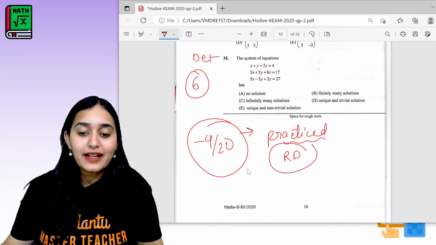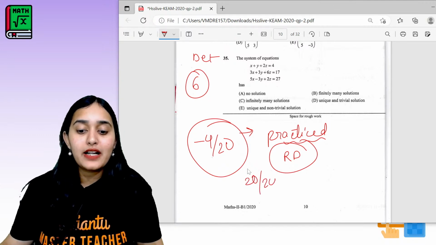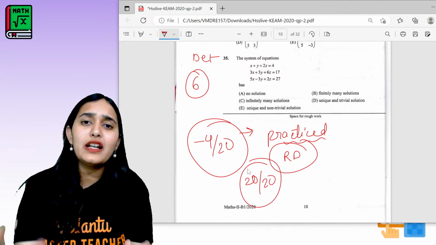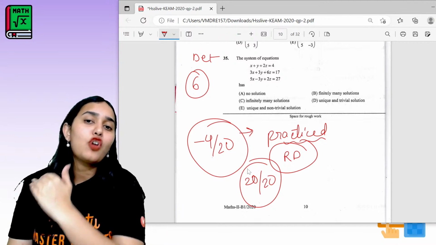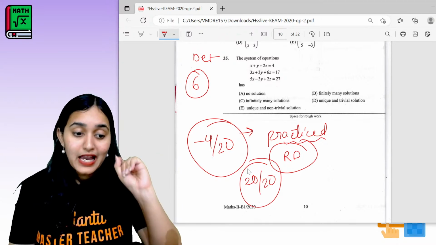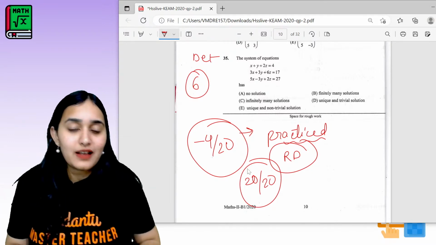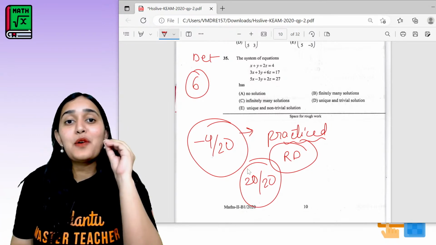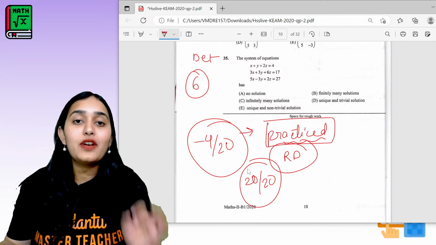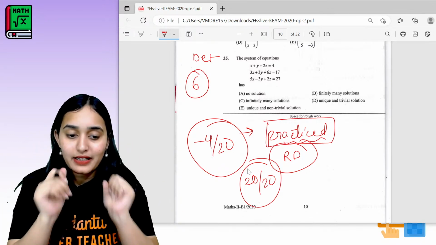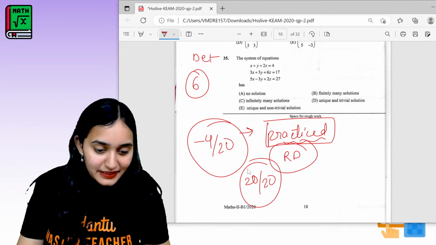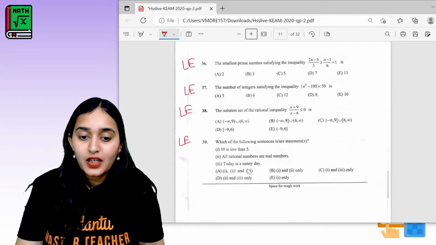Once I practiced, in my next paper, I got 20 out of 20. I became so good in integration that I could solve any question. So see, maths is not like you can't do it, or this topic is tough. Maths is just about practice. If you give time to maths, you can do it. Have the confidence.